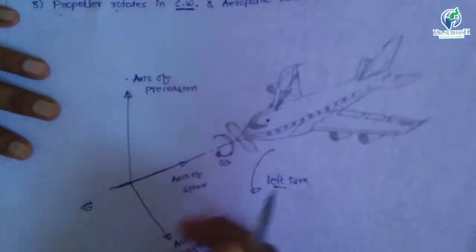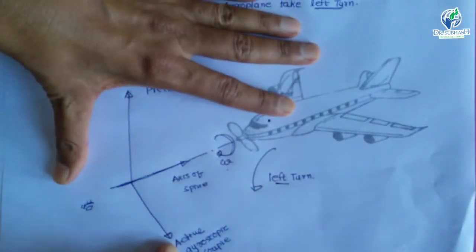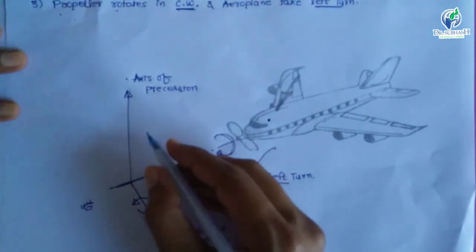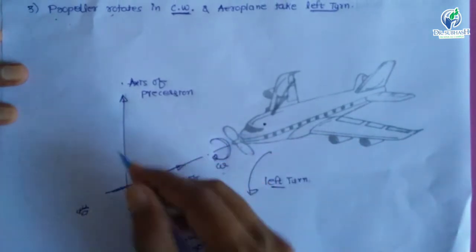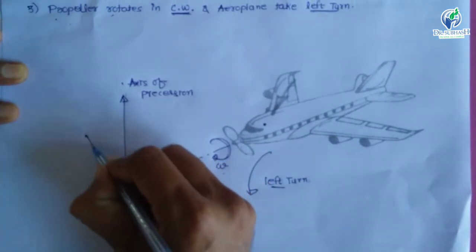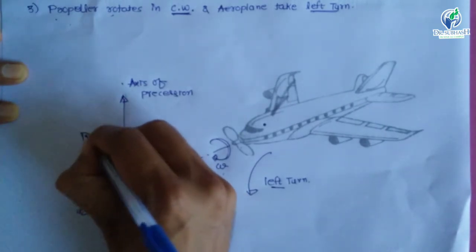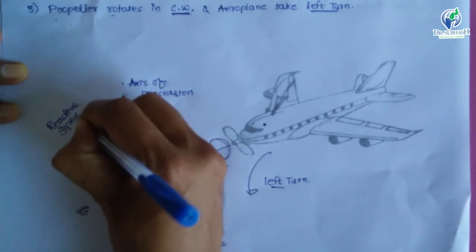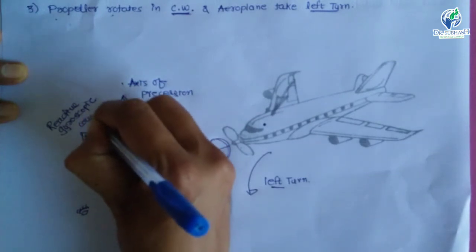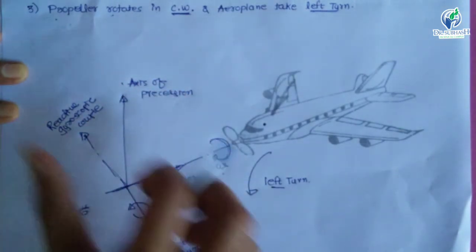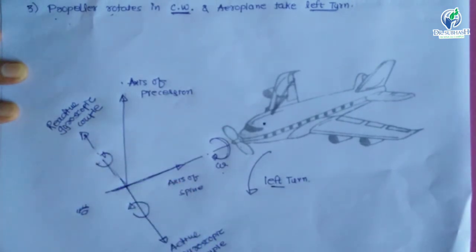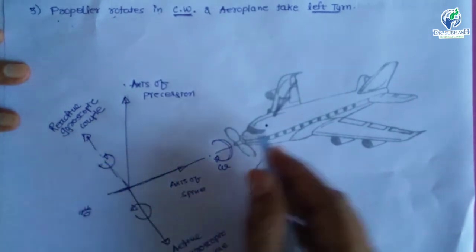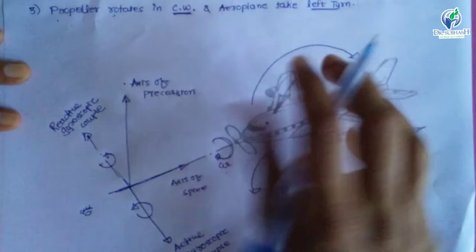Okay, and again if we apply right hand screw rule here, then this is the sense of rotation. We know that in opposite direction to the active gyroscopic couple, some reactive gyroscopic couple is always acting. So this is a reactive gyroscopic couple, and again if we apply here the sense of rotation, then this is the sense of rotation. So if we transfer this sense of rotation, then we can see this is the sense of rotation.